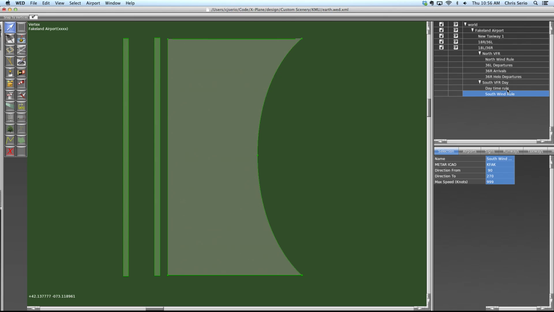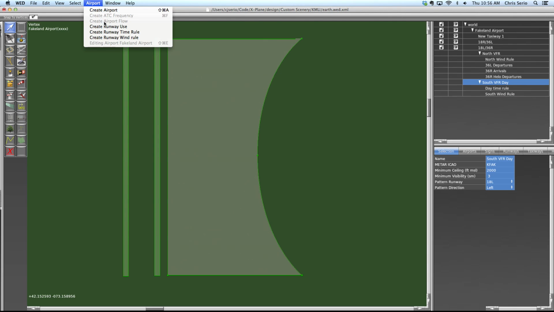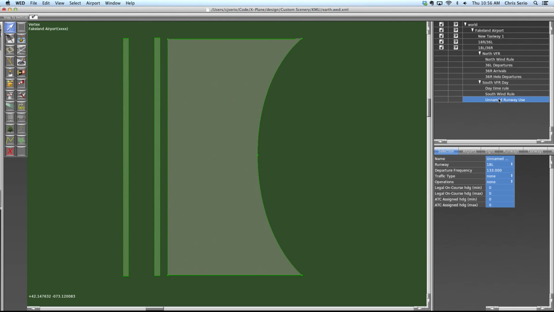So now, if we have southerly winds, VFR conditions, and it's daytime, this flow is going to get chosen. So with this flow chosen, which runways are we going to allow? So let's add some runways. So the first runway that we'll create, let's see here. Let's do 18 left